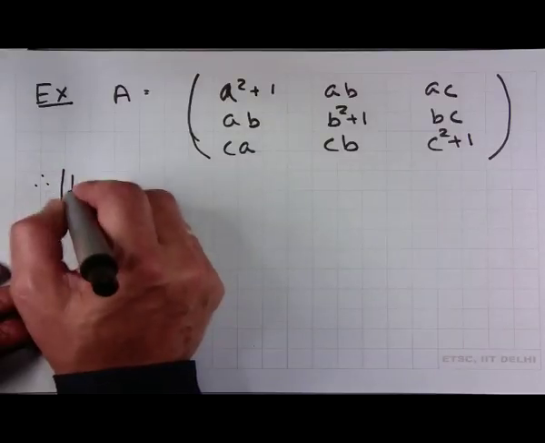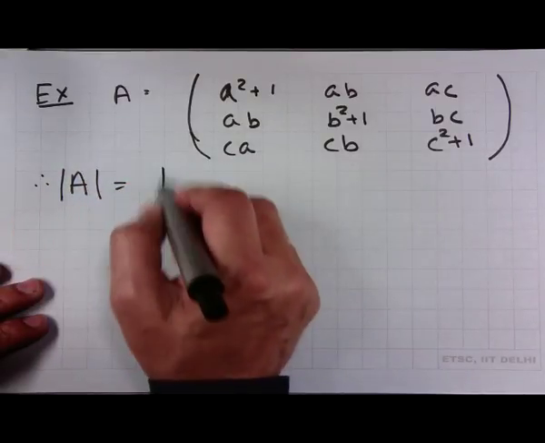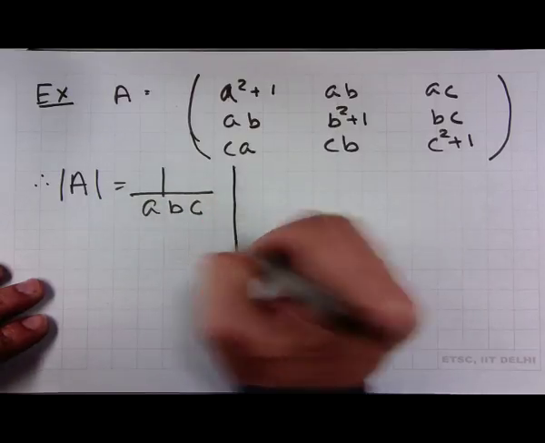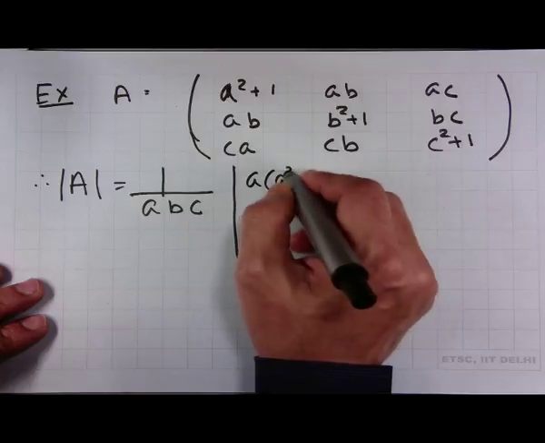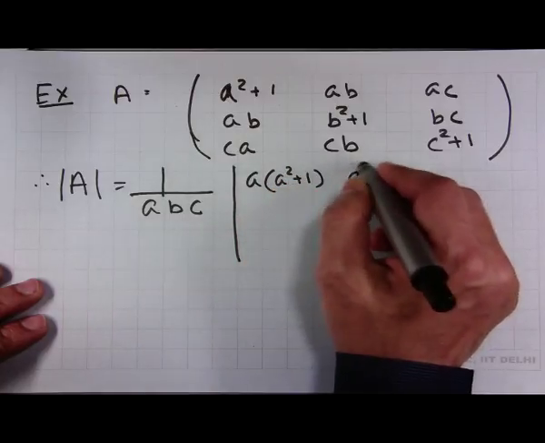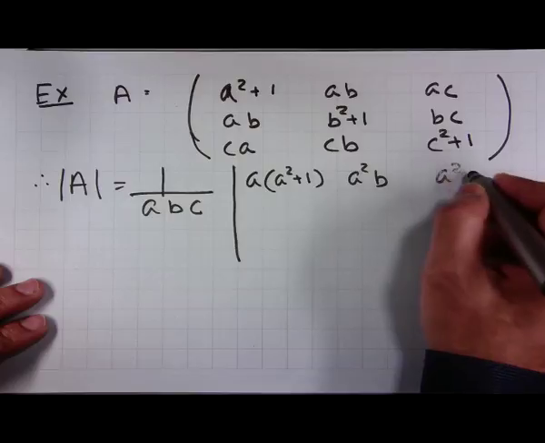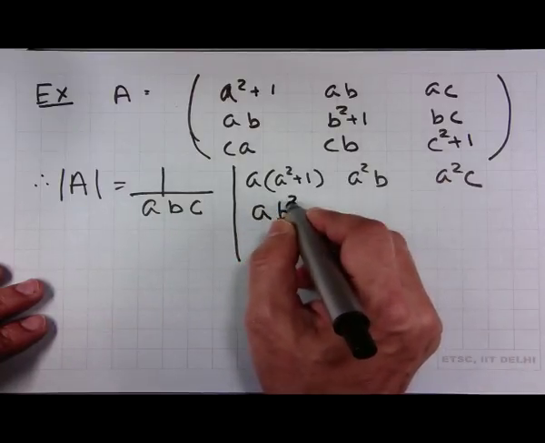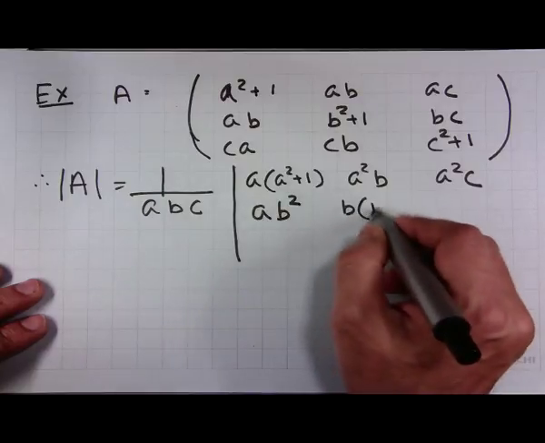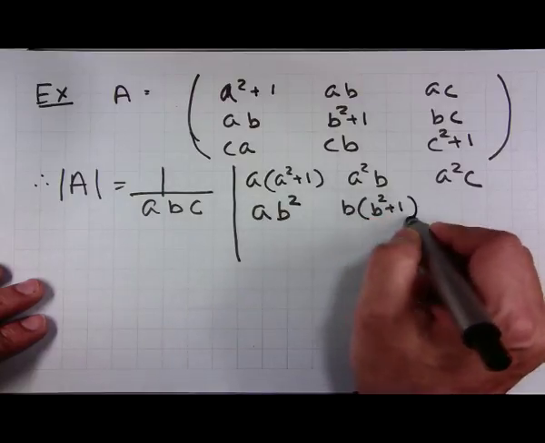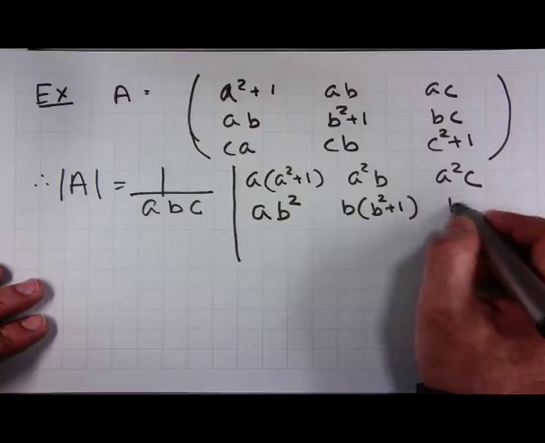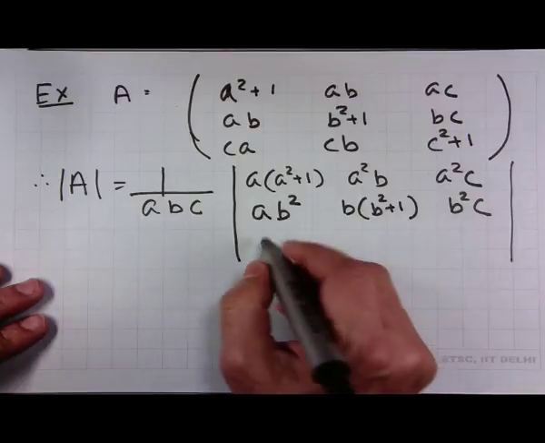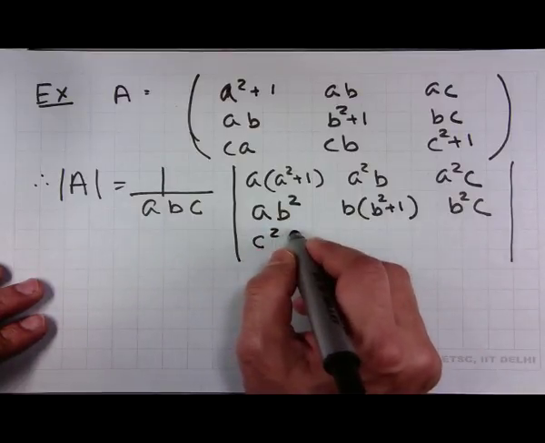Therefore, determinant of A is equal to 1 upon abc into determinant of the matrix with first row a into (a square plus 1), a square b, a square c, second row multiplied by b, and third row multiplied by c, we get